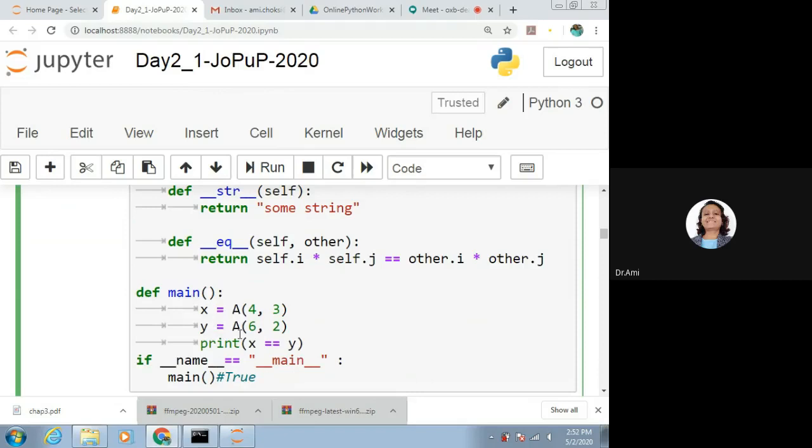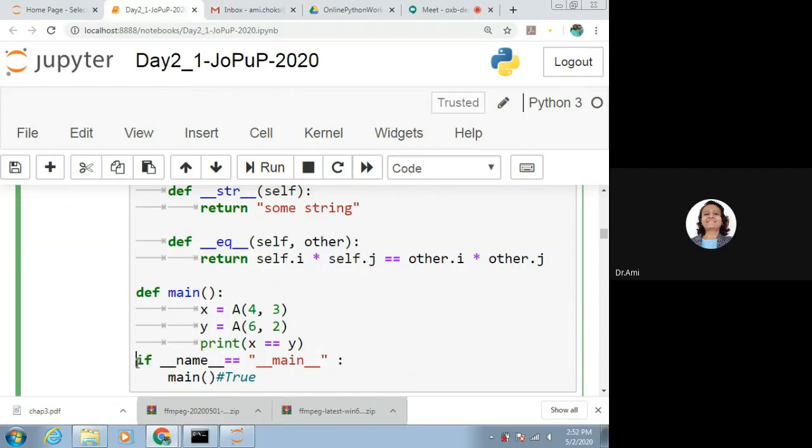For y, y is equal to A(6, 2), that is, we are passing the parameters 6 and 2. We are checking whether x is equal to y or not. It goes to this eq method and checks for this equality. If it is true, this will print true, otherwise it will print false.